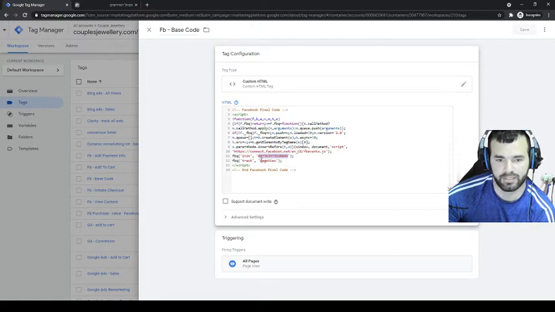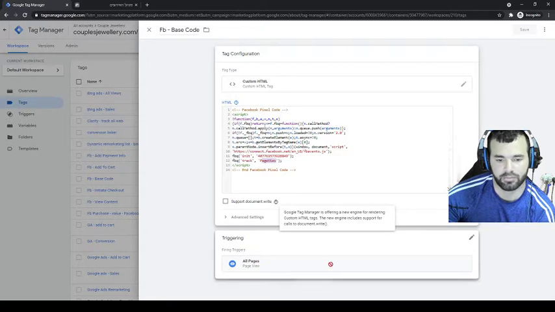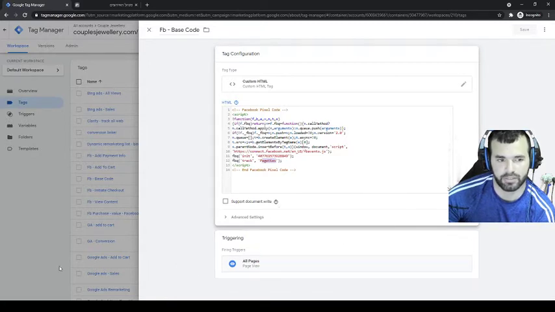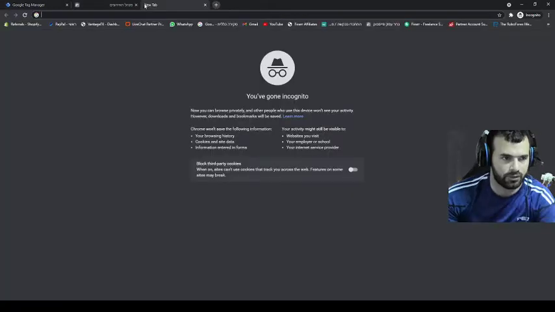And if you see, this is page view. Facebook tracks this like code, and you need to change this on all pages. Okay, now this fires for all my website. How can I check if it works? I need to go to my website